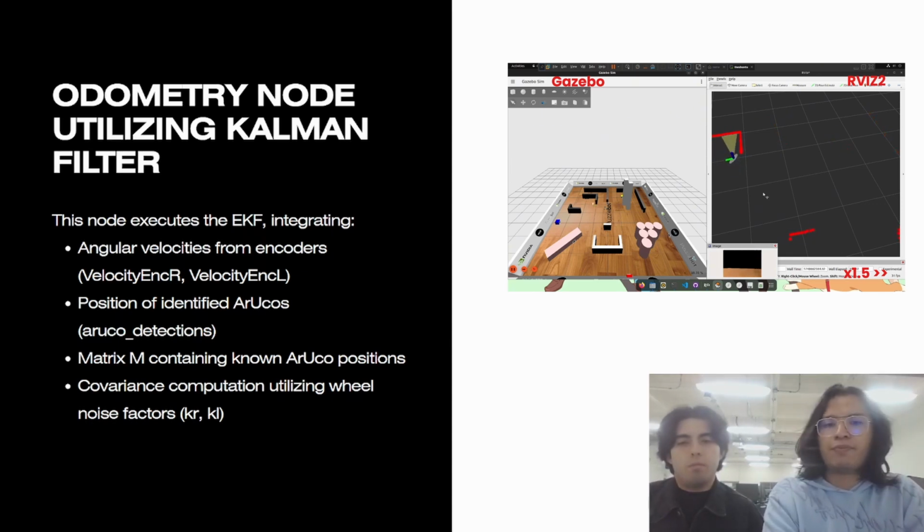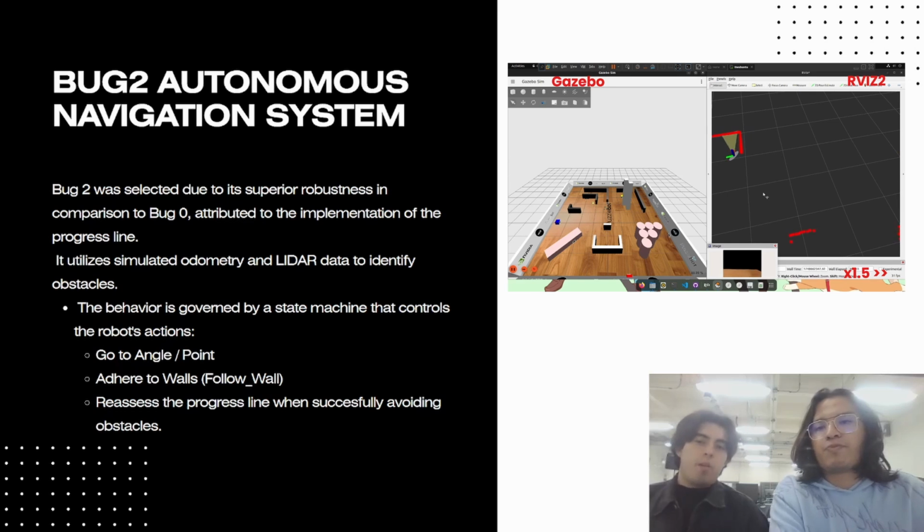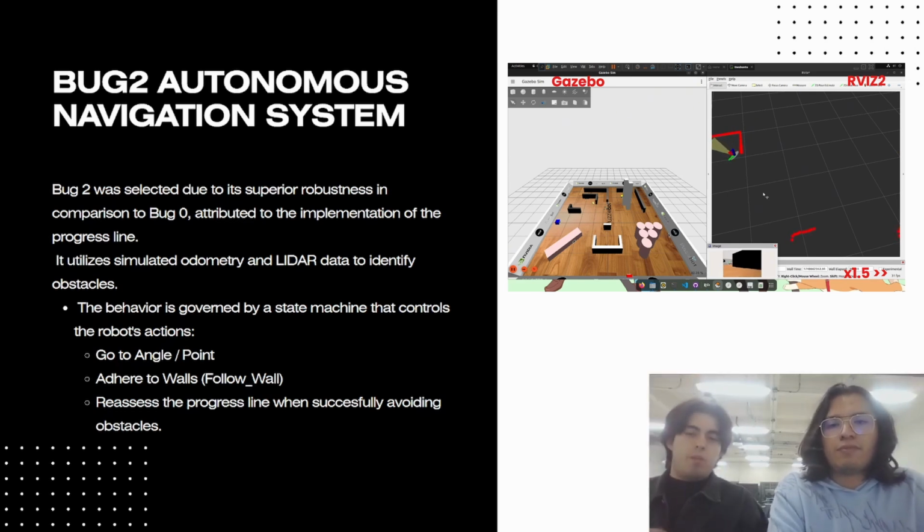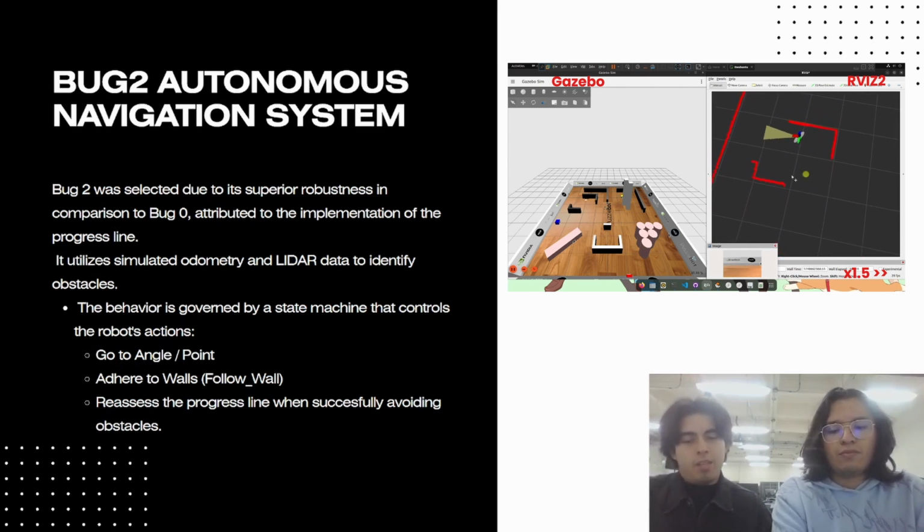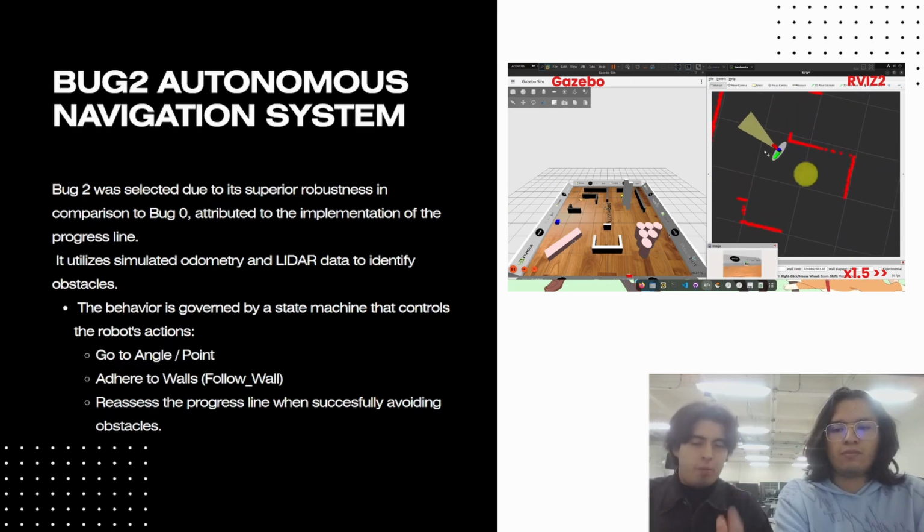real robot. As a main navigation algorithm, we decided to go for Bug 2. It has superior robustness compared to Bug 1 or other types of bugs due to it containing a progress line marked from the starting point to the target point. This is enhanced by using the odometry, of course, and the LiDAR data to fully identify obstacles such as walls